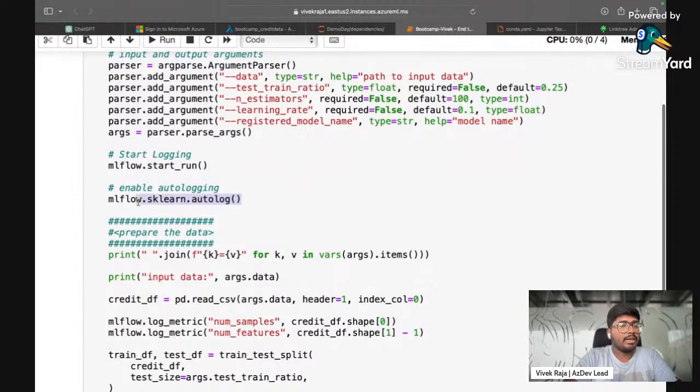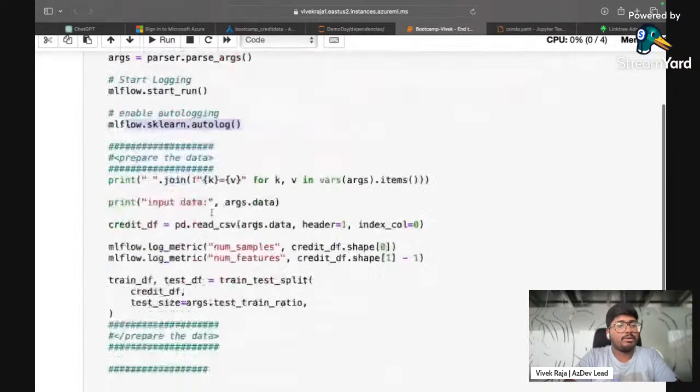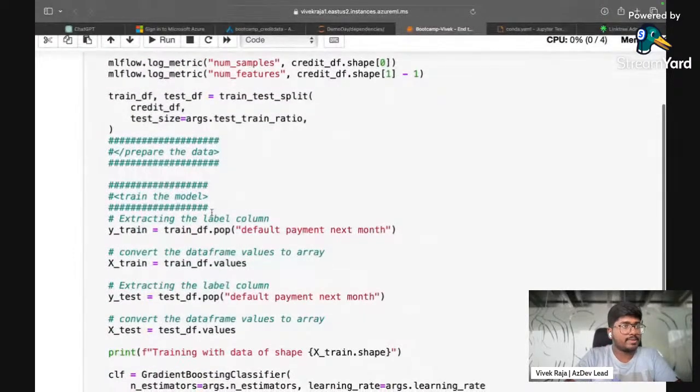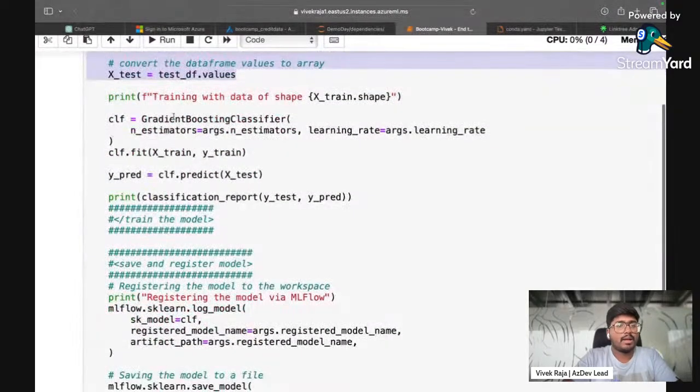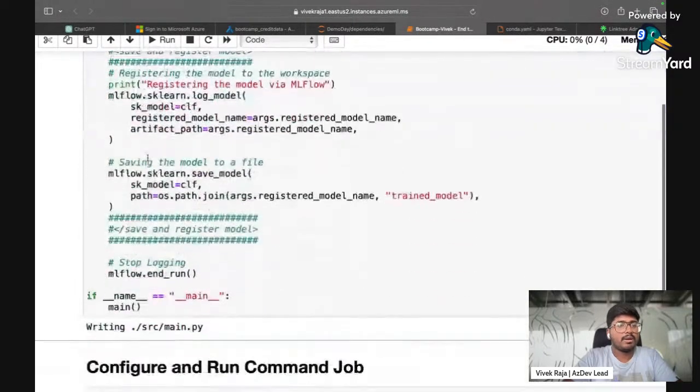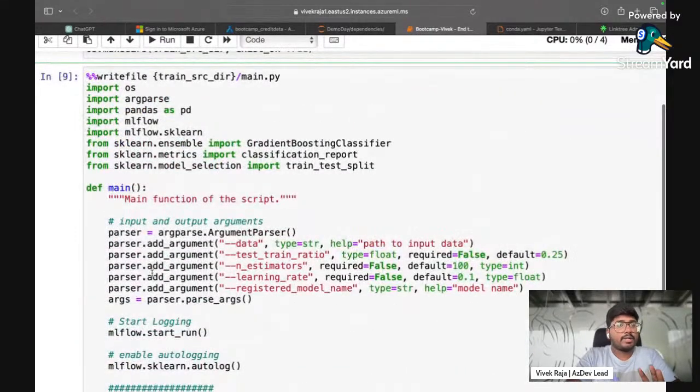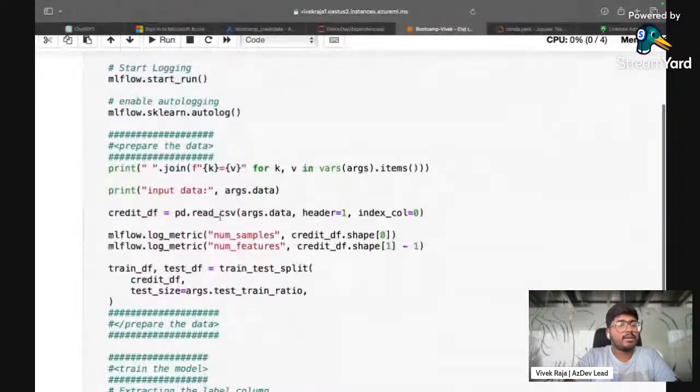You can log any values that you want during this particular run. As I said, every time you execute this experiment, it's called a job and it's called a run. So it has your basic stuff: create test and train splits, then you create your model, predict, and you finish it off. This is your training script. This does not initiate training. When does it initiate training?